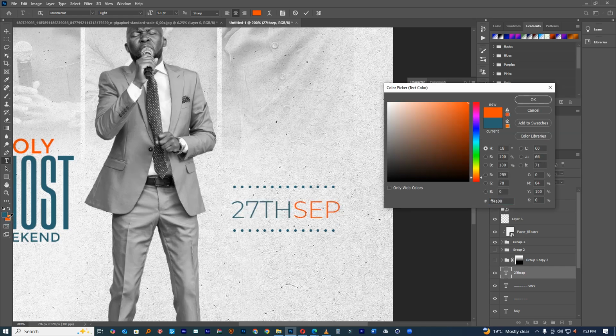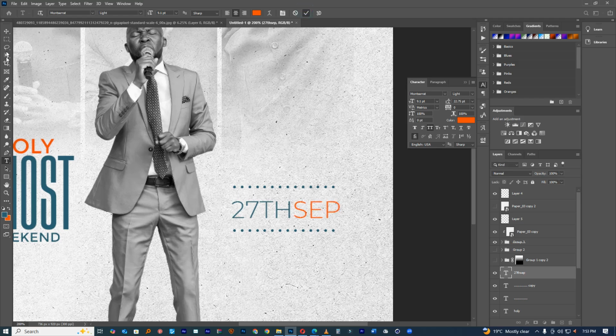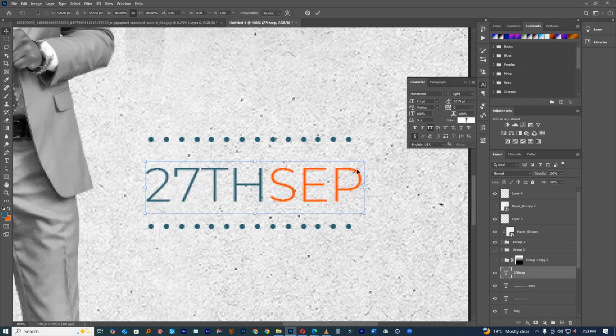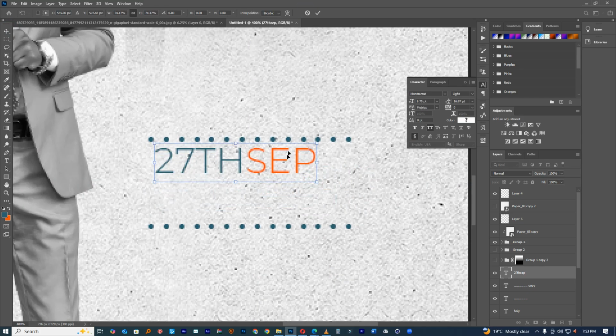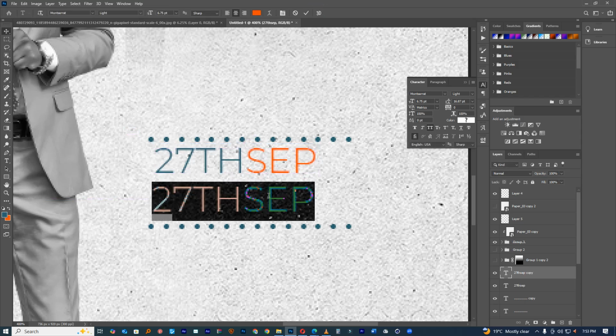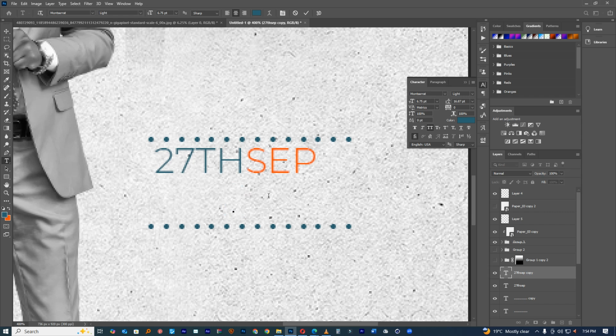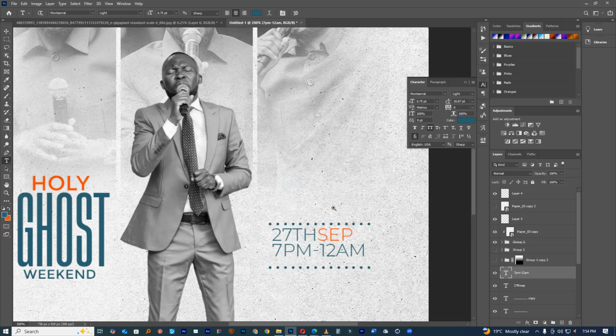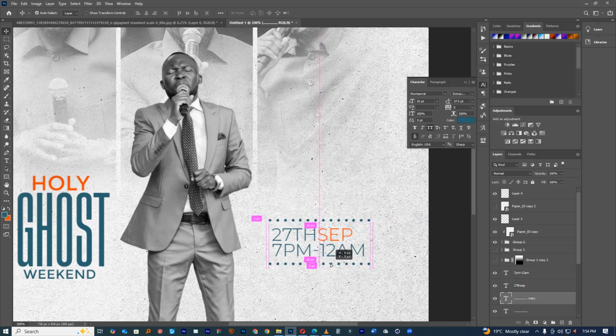Let us try to see and get this orange as well. But then we can put in different weights here. I think the space is, so we can put a time maybe, and say at, or say 7 p.m. to 12 a.m. Okay, so which one do you think we should make into